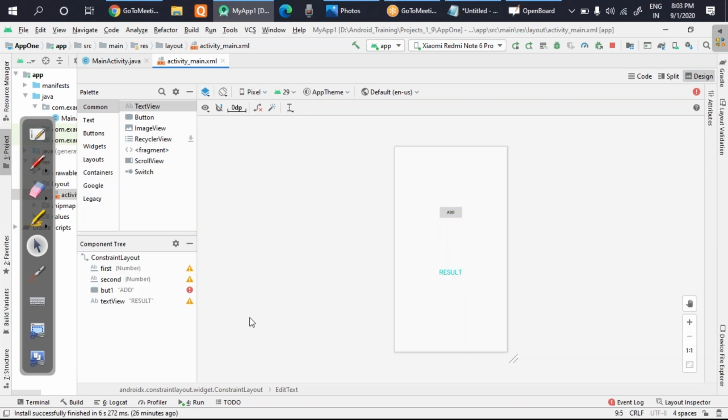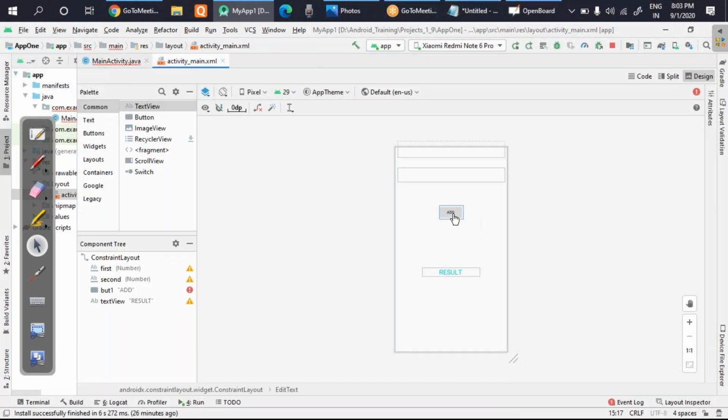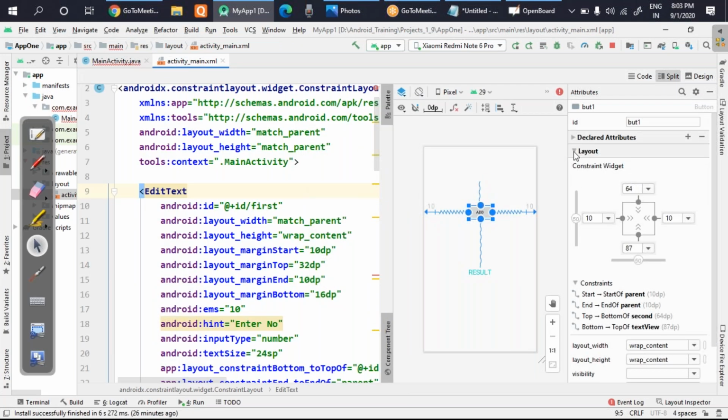The error is just because for the add button, the function is not defined. That's why the error is showing. Let's make that function and then let's see. I'll remove this on click function, this click me function, and see what function was there. Let's move to the backend code, front end design, and see the function name. Can anyone tell me what the function name was?